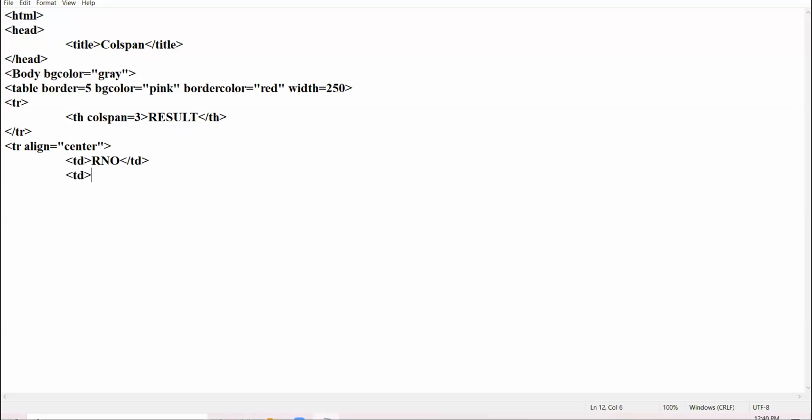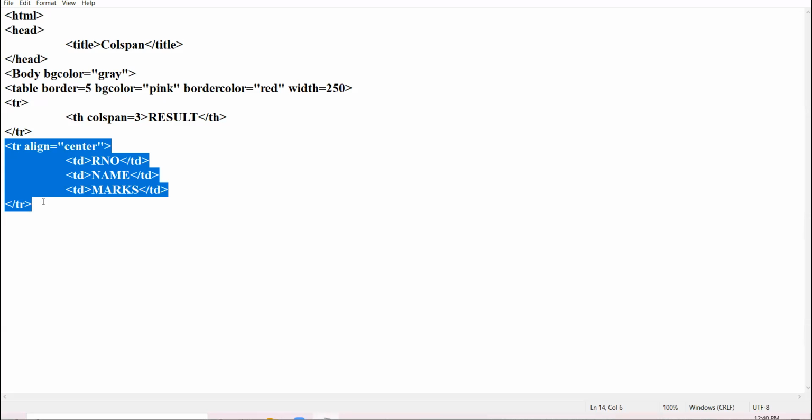My next cell, name. Okay. My third cell, marks, and I close the second row, sorry. Second row is closed. Now I go with the third row.